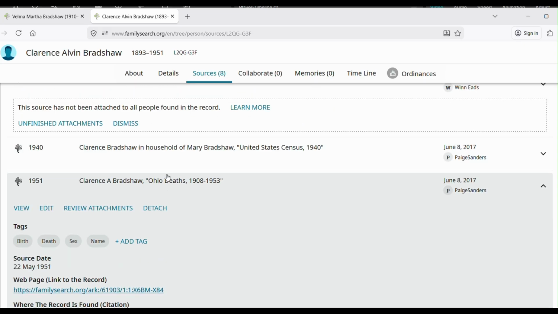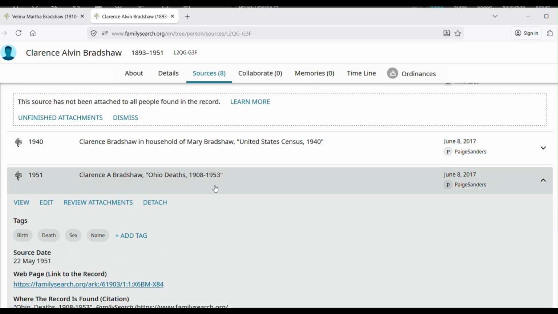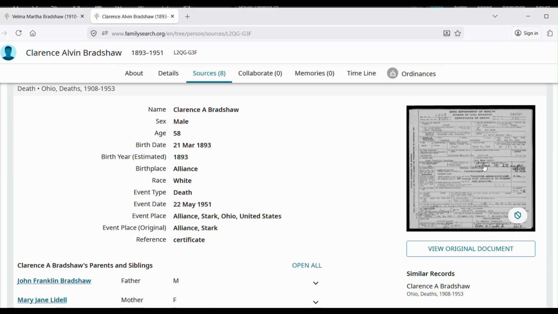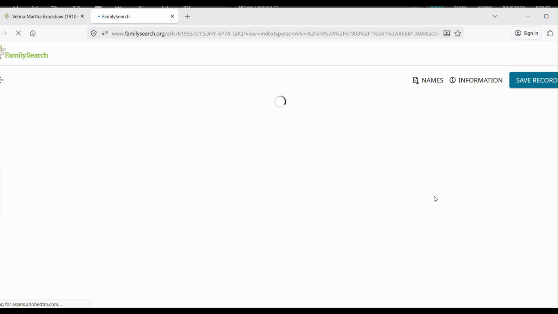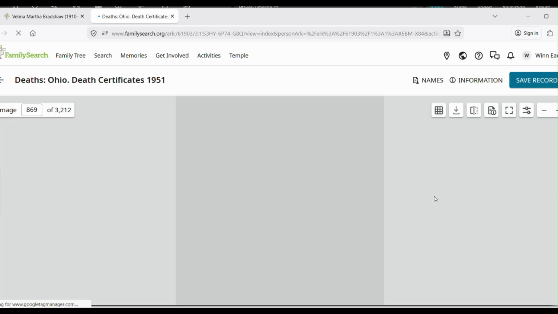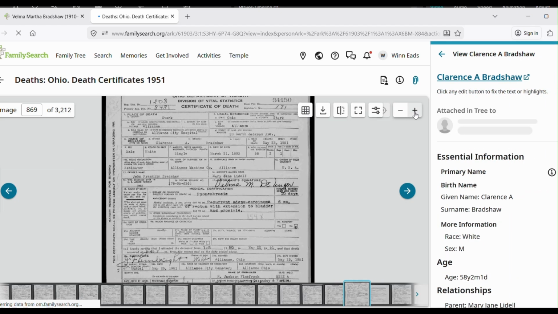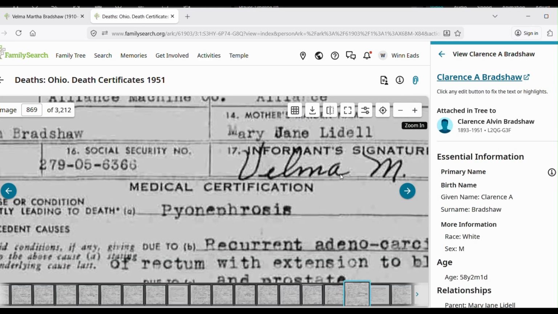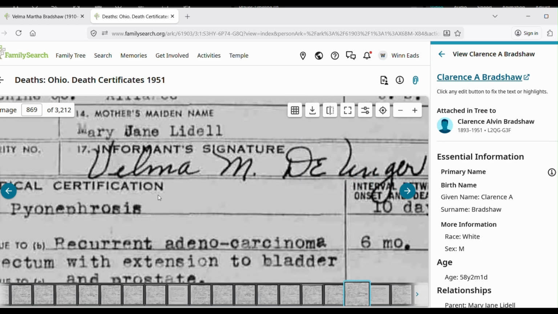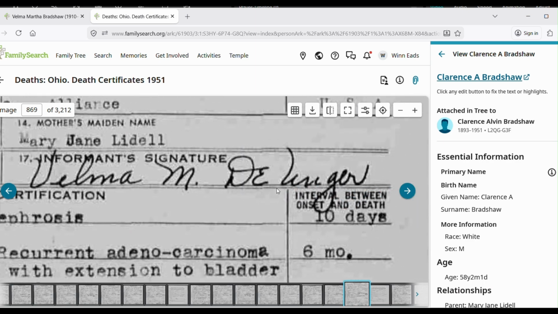This is his death certificate. It's interesting to read these death certificates. And look who it is signed by. Velma M. DeYounger.